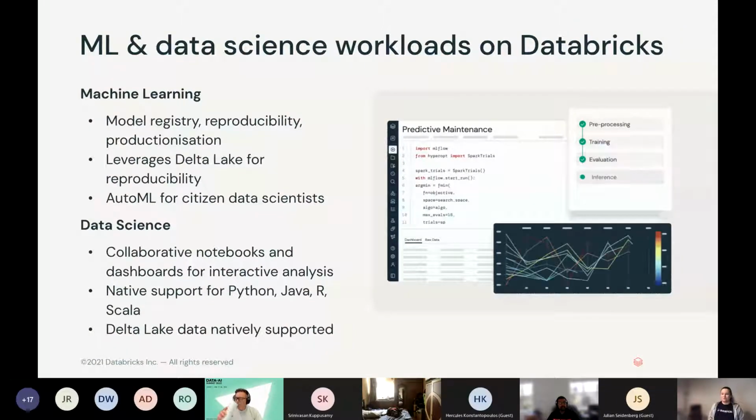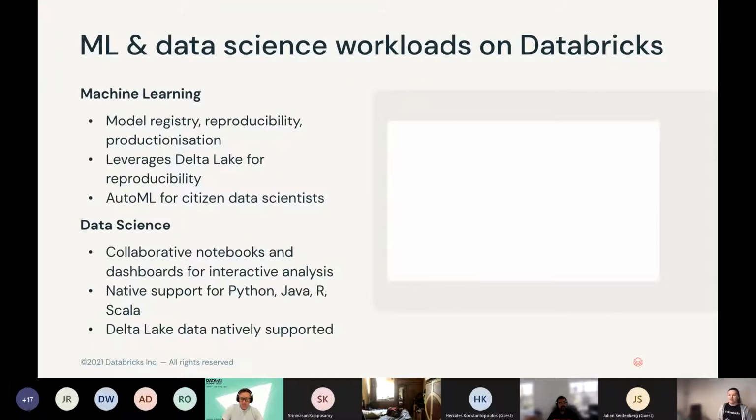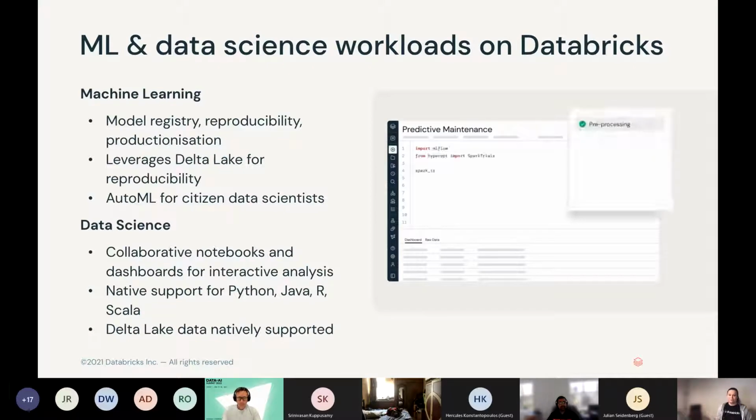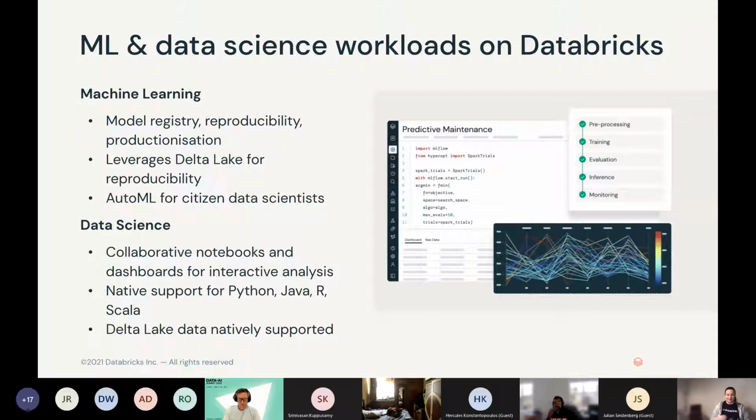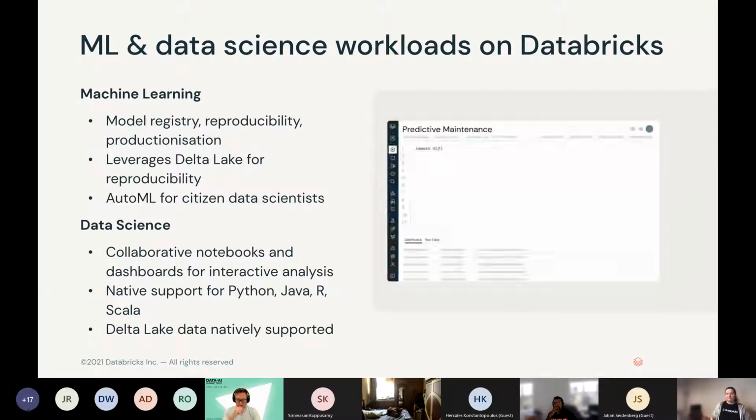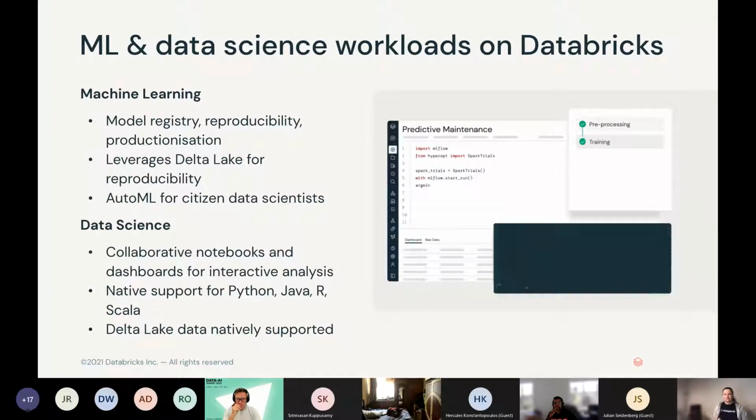Everything still sits on the Delta Lake, so the ML can use all the good features that Delta Lake has. So you can have an easy way to reproduce your model. If you ever had to train a model, you know how hard it is to retrain it on exactly the same data set if you are using production tables, because data might have changed since the last time you ran. Now with Delta Lake, you can rerun it on the same data.